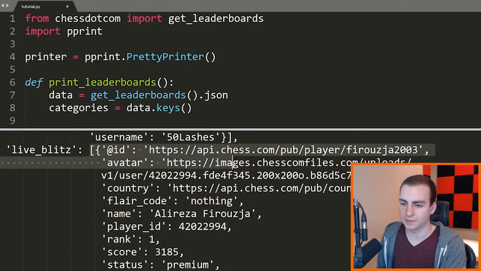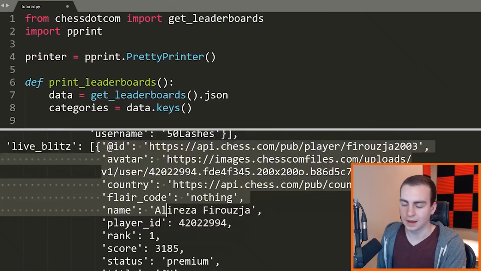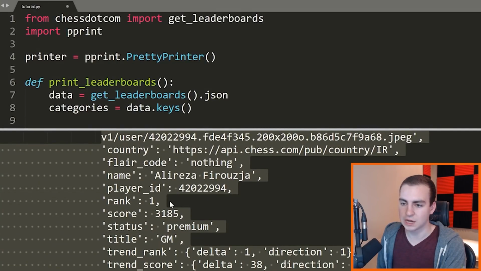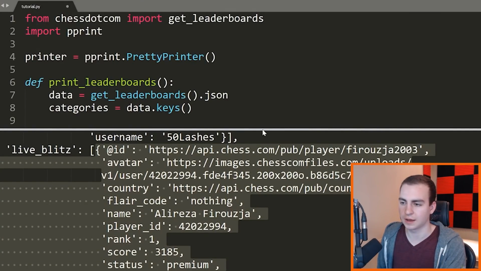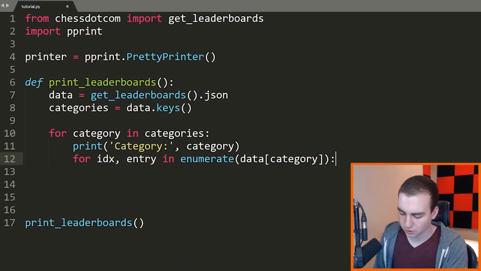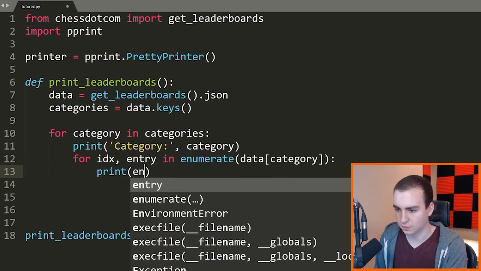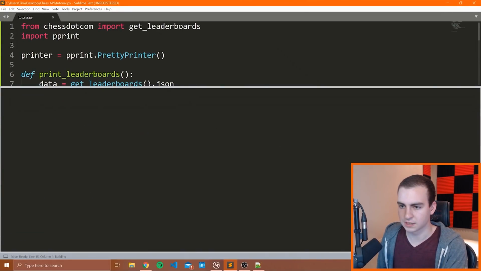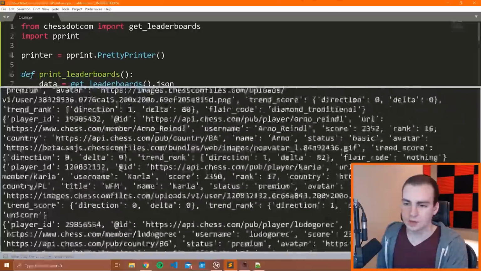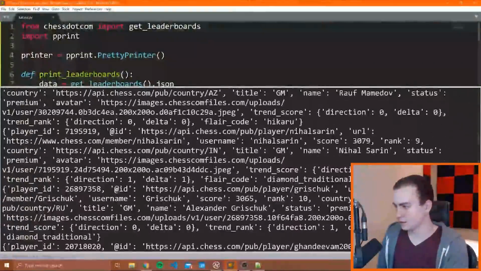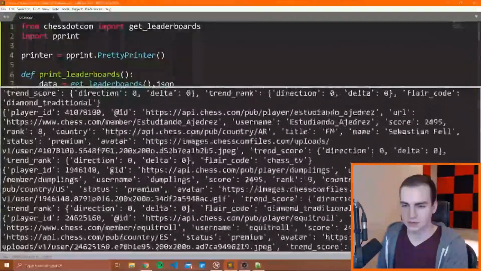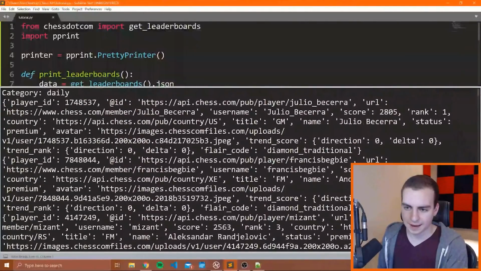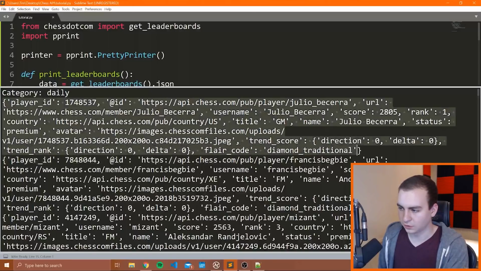So in this case, we have a list. So when I get the first player, IDX is going to be equal to 0, and then entry will be equal to all of this dictionary information right here. So just to show you what I mean here, let's just print out the entry and let's see what this looks like. So let's see if we get a crash or if all is good. And now you can see I'm printing out the entry, and let's see if we can get to the very top here so you can see what it looks like at the beginning. And we have category, daily, and then what we do is we print out every single player's little dictionary object, right? So that's what I just did.